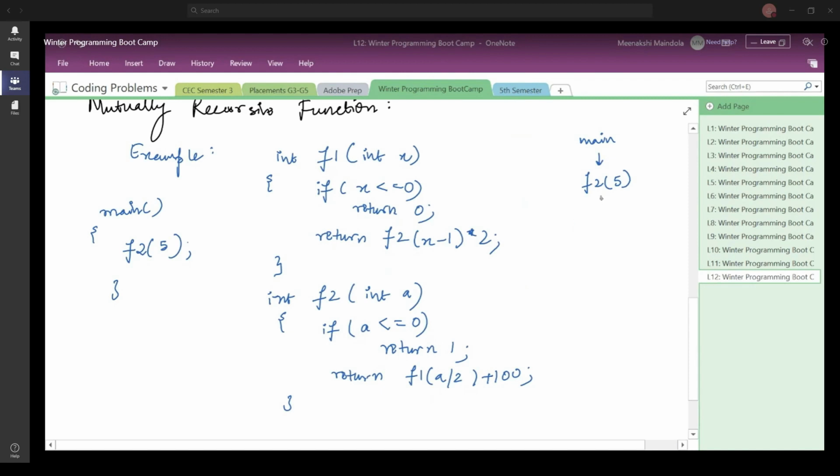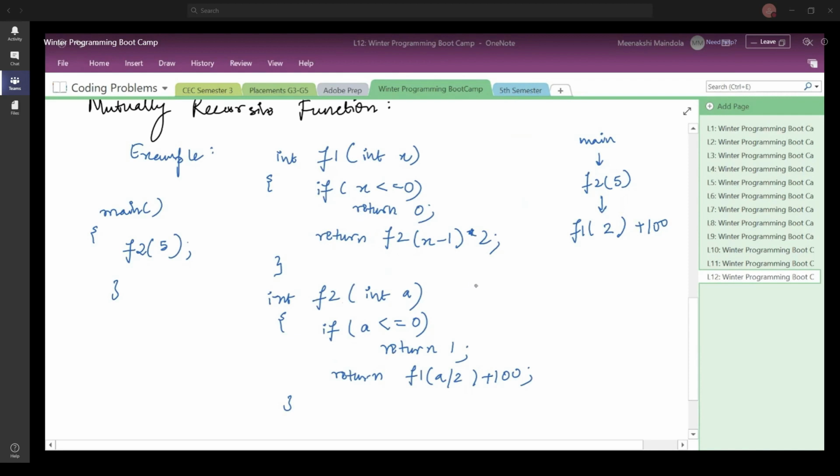You call f1 of 5 divided by 2. Since this is an integer, 5 divided by 2 results in 2, and you add 100 to this. This is the first function call made after you call f2.